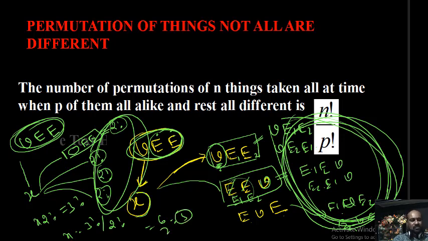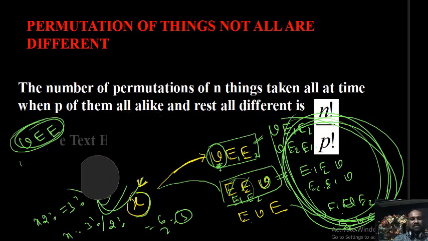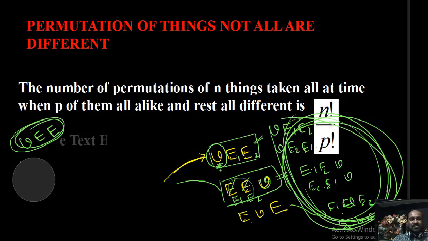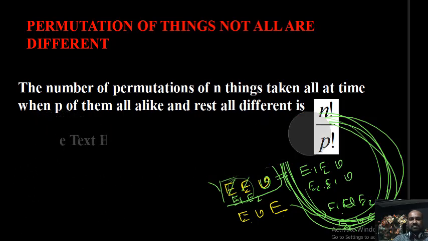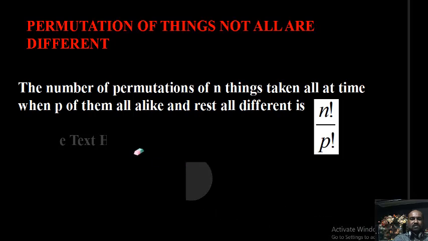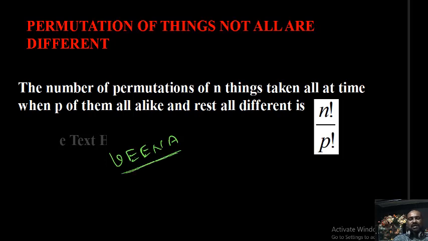I hope you people understood now. Once again, at last and final, I want to explain the concept, an important concept. Listen, all of you. Listen, students. V, E, E, N, A. Using these letters, by using the letters of this 5 letter word, how many 5 letter words can you create? Okay, but what is the important thing here? 2 things are alike.